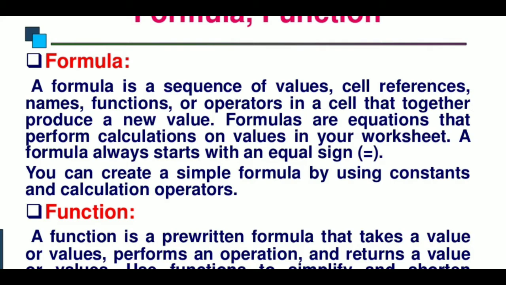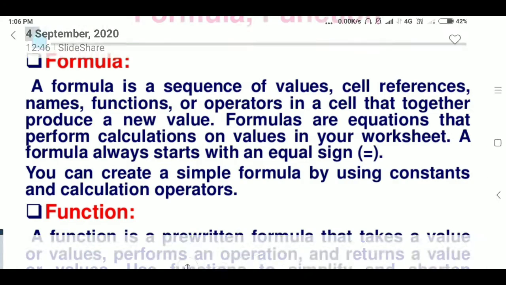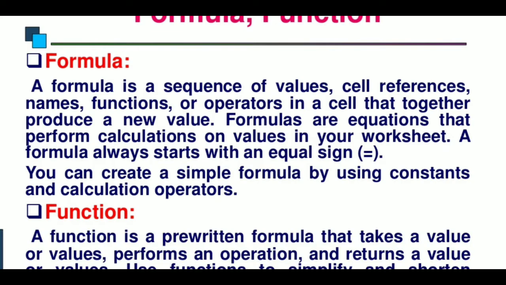For example, you can think about calculating simple interest. Then you must have heard about the formula PRT upon 100. So these are the formulas which are used in mathematics to calculate some values, for example, calculating simple interest or the area of a rectangle, circle, square, etc. So there are different kinds of formulas in mathematics. In the same way, we can apply these formulas to calculate some values in MS Excel.